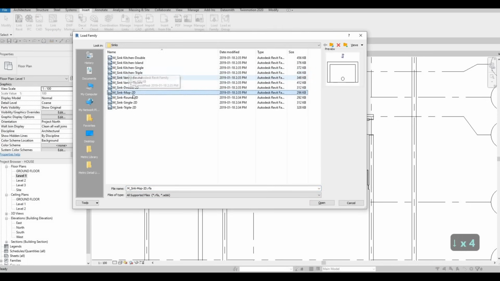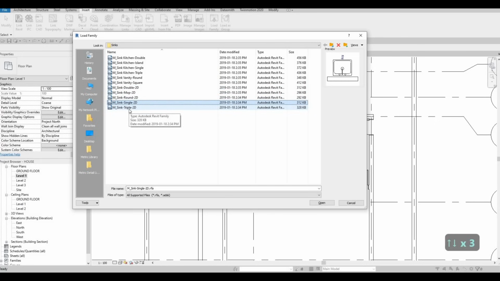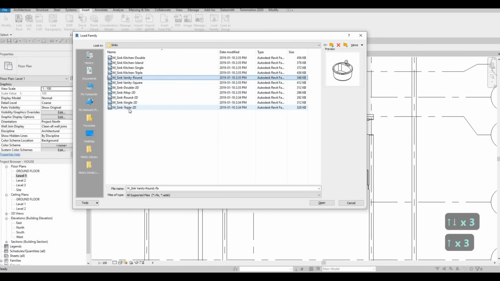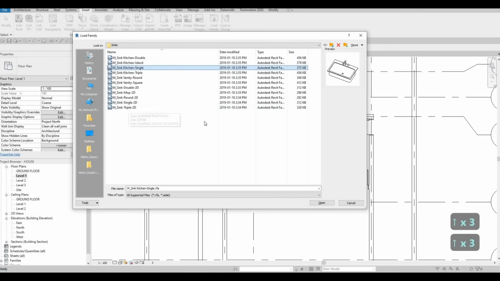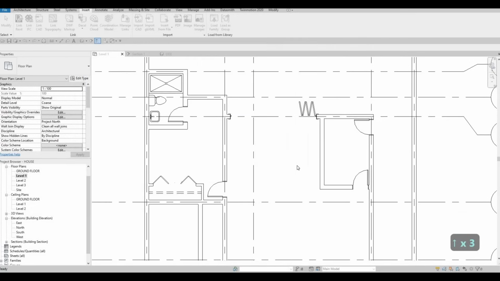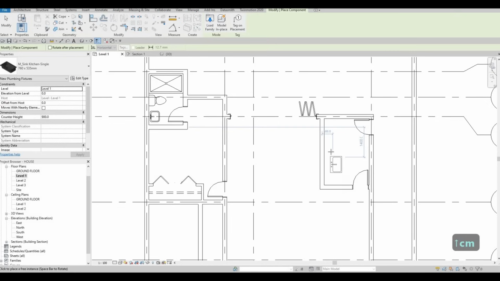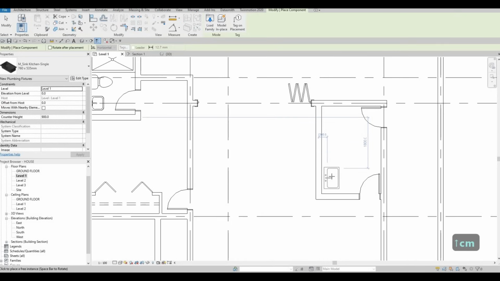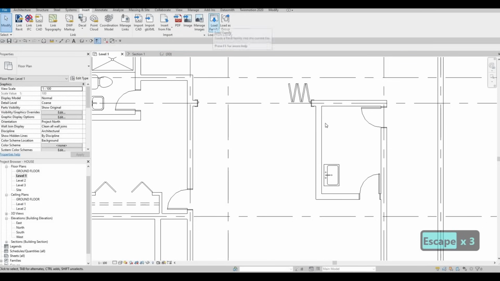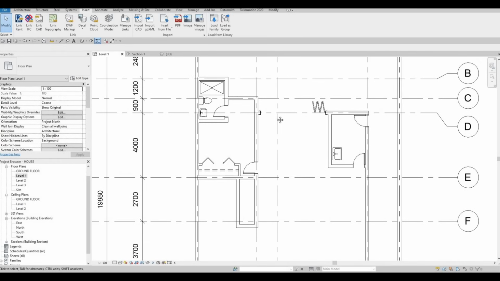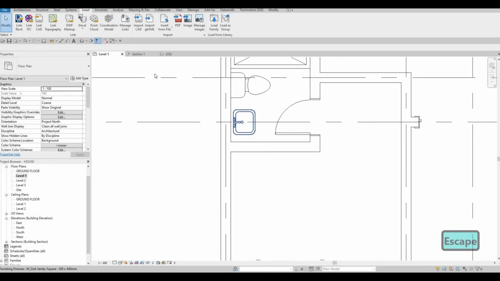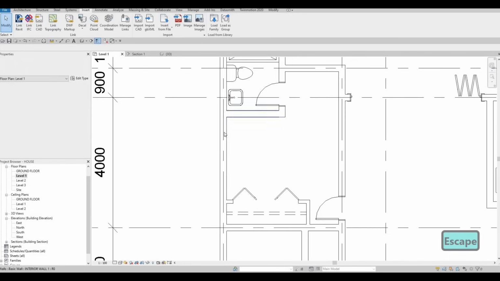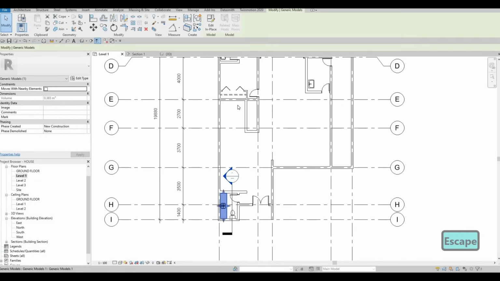I'm just going to add maybe a single sink right there. So press OK, CM, and then let's add it onto this side. I'm going to add it right here, and then let's add in the dryer, the washer and dryer as well. But let's finish this one first. Same goes to this CS,